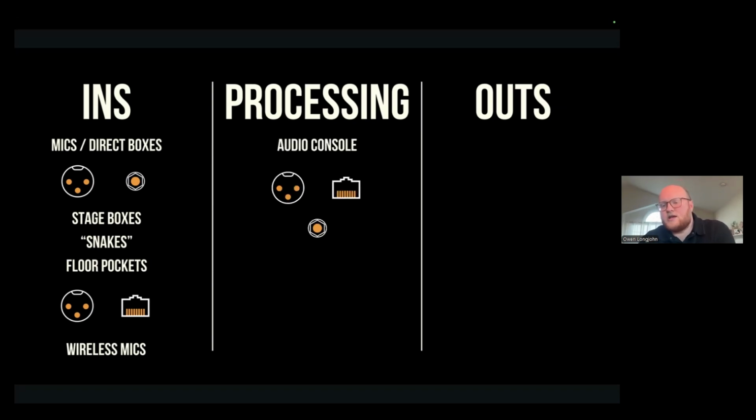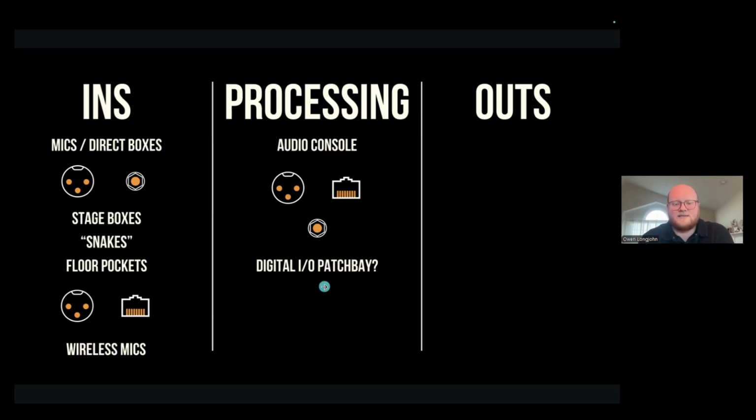For processing, usually what's reserved in this category in the audio world would be your audio console. So again, you might have XLRs running into that. You might have Cat5 or that Ethernet cable. You might have TRS running into that. But processing is that middle category that I like to reserve for what's doing the heavy lifting, what's controlling the volume, what you're using EQ, compression, the device that's doing all of that. In most contexts, it's going to be your audio console. Every once in a while, depending on the context, you may have a computer with a digital audio workstation, a DAW, doing something like that.